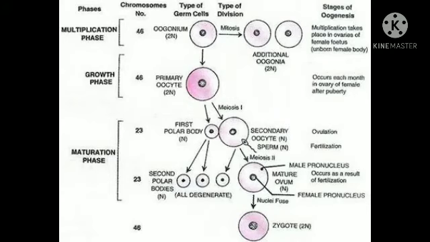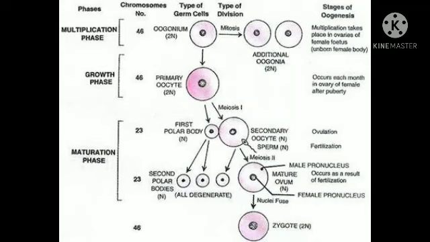Okay, so now we are on oogenesis. As shown in the diagram displayed on your screen, oogenesis is similar to spermatogenesis, but here some special structures are formed that are known as polar bodies, which are dissimilar to the sperms produced by the male. In males, 4 gametes are produced, as I told you, but in oogenesis only one functional gamete is produced,